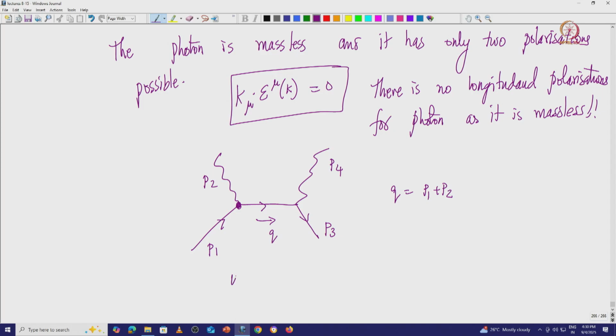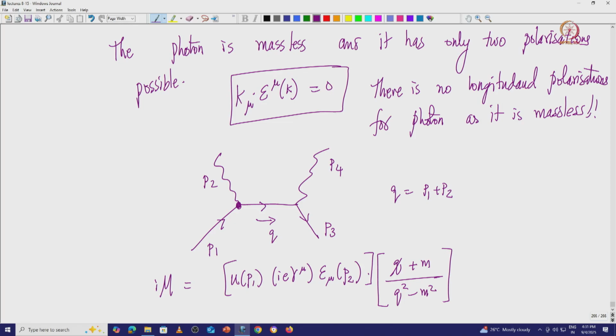So, the incoming is given by u of P1 times, let me write explicitly, i e gamma mu, then epsilon mu of P2 times (q slash plus m) by (q square minus m square), so let me write it neatly so that you can see it, and then